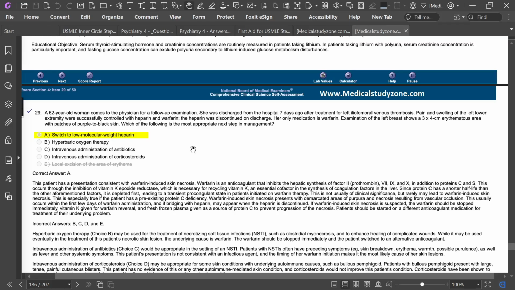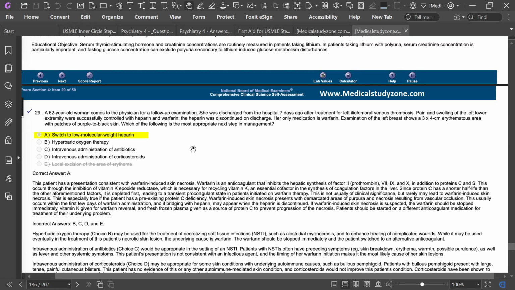If bridging with heparin, it may appear when heparin is discontinued. If warfarin-induced skin necrosis is suspected,